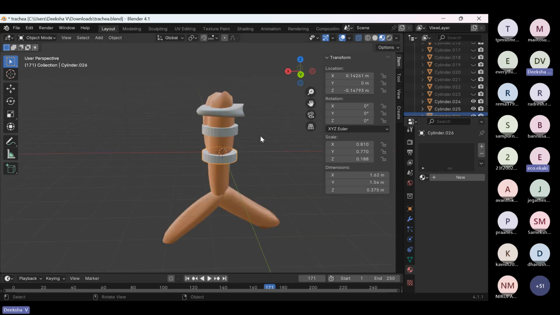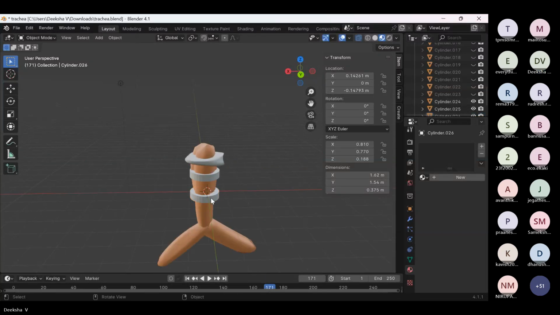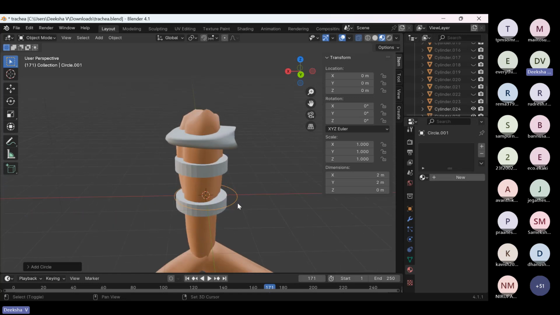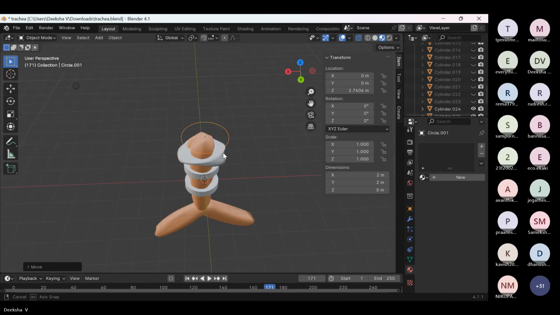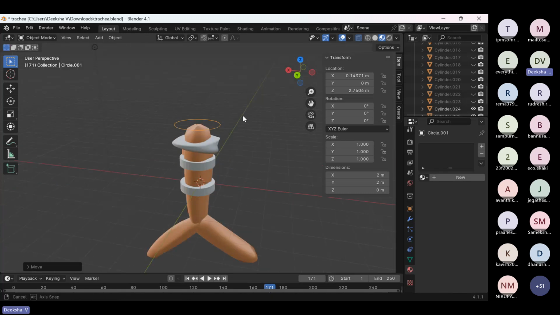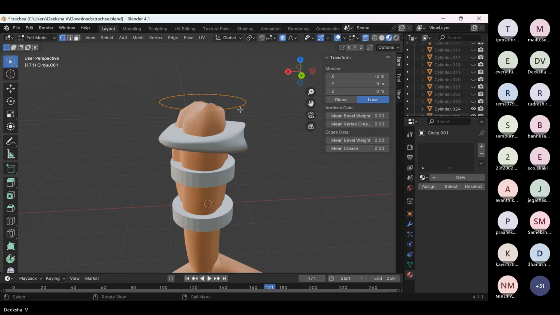So this is how I made the larynx. Yeah, I'll come to that part now. For the larynx, go to your add option, mesh. You have a circle option. If you click on circle option, this is how you get a circle. Move it up like here and move it a little towards your center here. So now you have the circle, but you want it to be larynx shape, right? So from object mode, go to your edit mode, and then